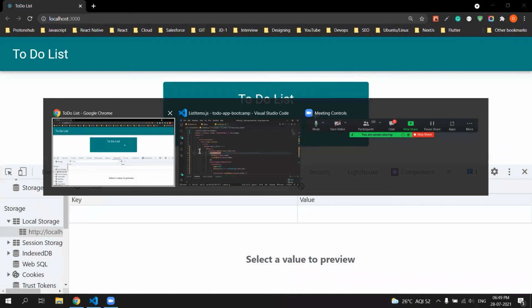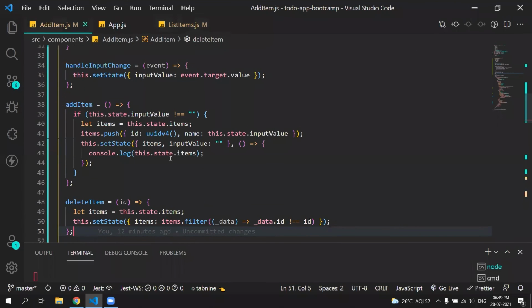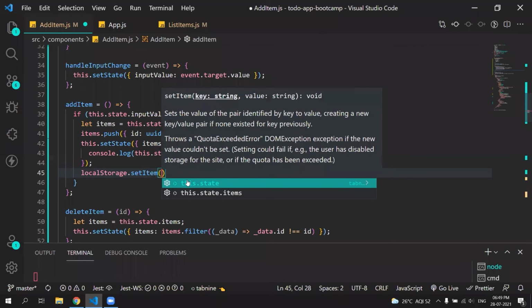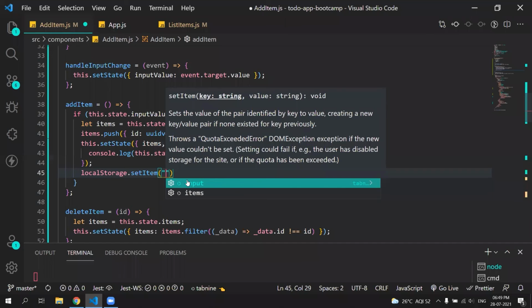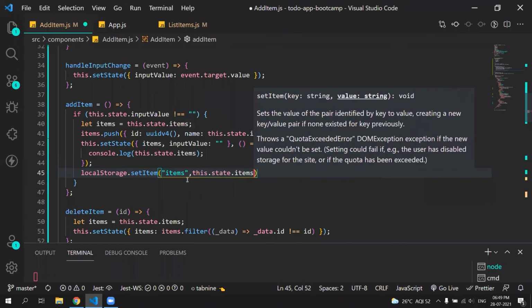So how we can do that is, inside our add item we can add another line called localStorage.setItem. And it takes two parameters. First is the name of your key, so let's say items, and second is the items, which is this.state.items.